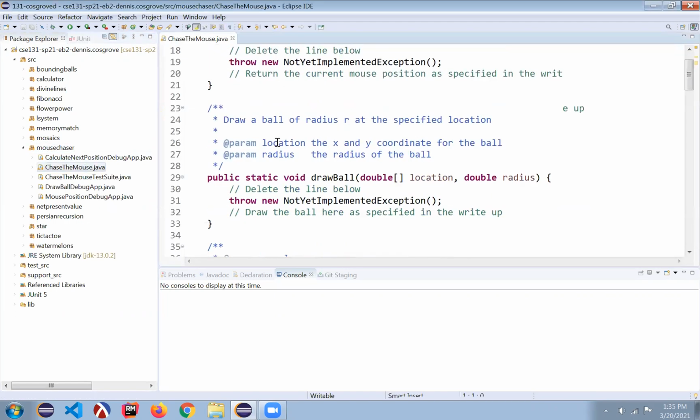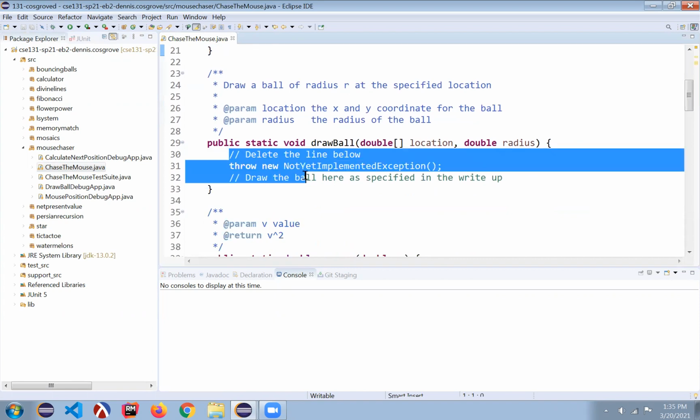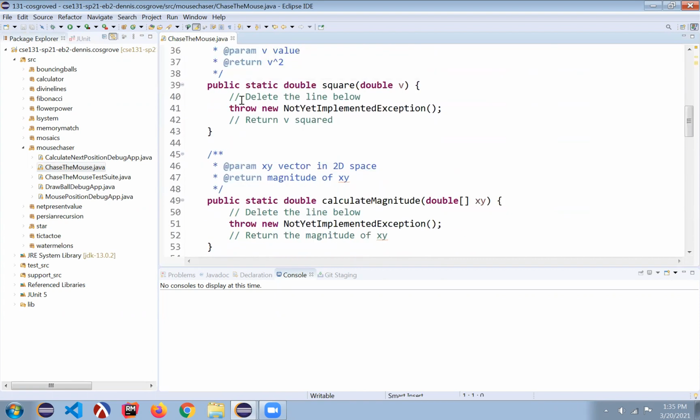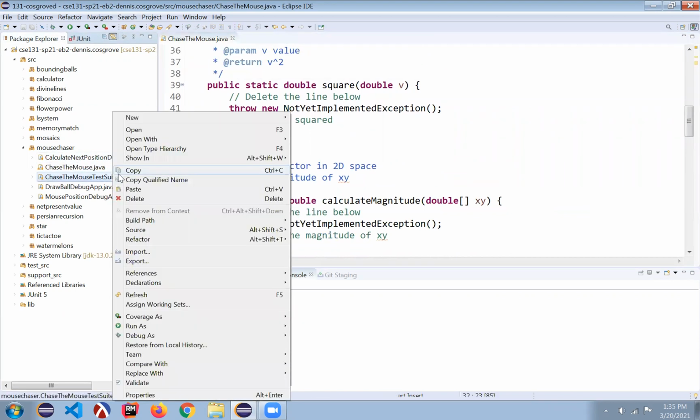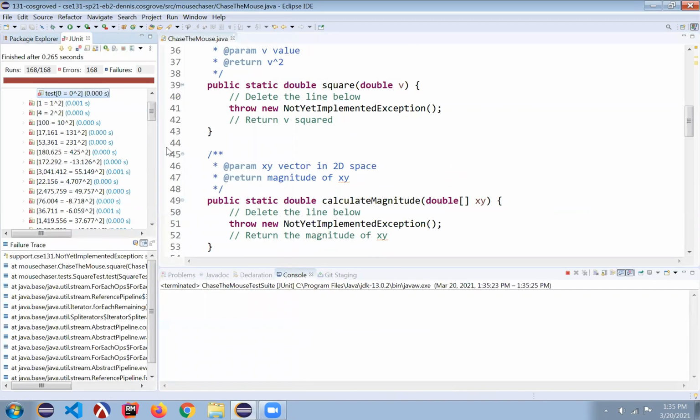And if I open this up, you can imagine you're following along and you've built get mouse position and you've built draw ball, and you've come down here to square and you want to test it out. So you can go to the Chase the Mouse test suite, run as a JUnit test, and it will run a bunch of tests for each of the methods that are coming up: square, calculate magnitude,